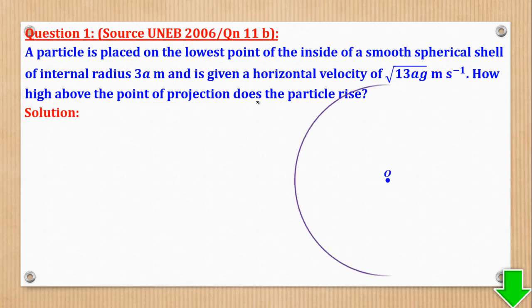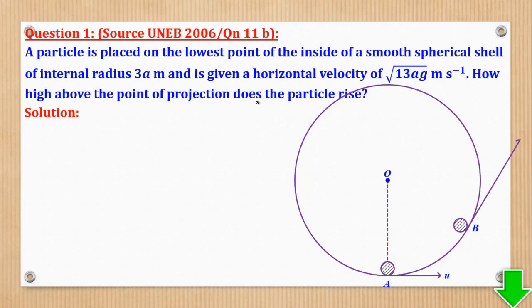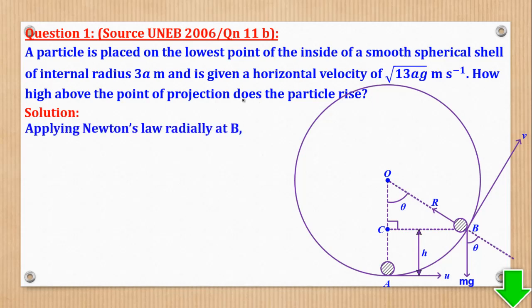So we shall still make a sketch as we have made before. The lowest point with the velocity of u, then at point B it has a velocity of v, and the height h from the lowest point. Weight is mg, normal reaction towards the center is that. So we shall apply Newton's law radially at B to come up with this resultant force, providing the